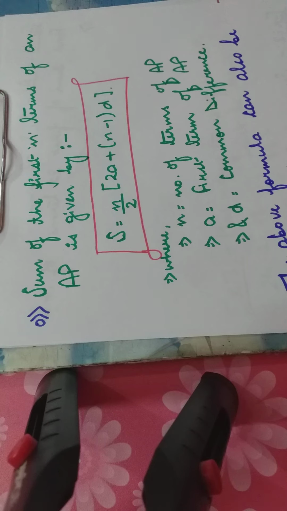In our previous classes, we have worked upon the nth formula of an AP. In today's session, we will learn how to find the sum of n terms of any AP. For example, if a series is given to you and that series is in AP where the common difference is the same, we can take help of this formula to calculate the sum of that particular series in any AP. So let's begin. As you can see, I have already written the formula for finding the sum of n terms of the AP.